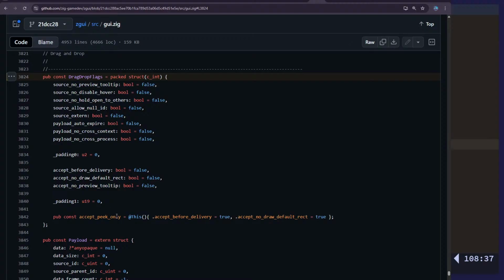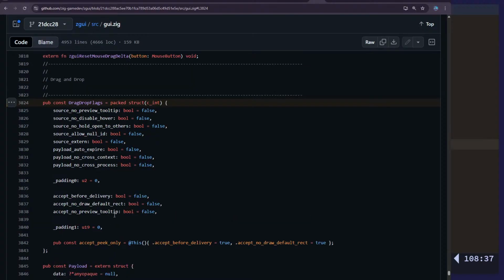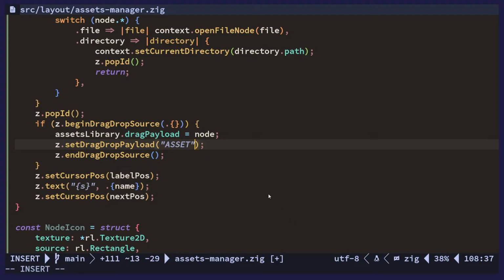Peak only. Except for delivery. Except no draw default, right? Okay. Peak only. So you can do peak only to not consume the payload, I guess. Right? Okay. So